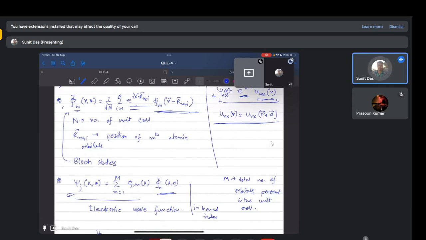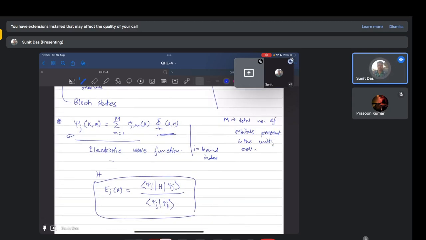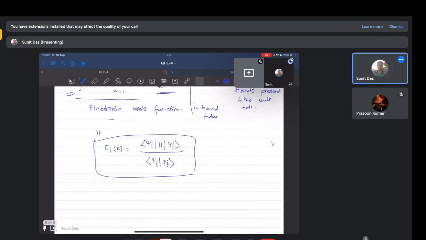So this was the Bloch state for a particular atomic orbital, and then all possible atomic orbitals present in the Brillouin zone, let's say, or the unit cell, form the electronic wave function. We just take the inner product of the wave function with the Hamiltonian, which gives me the energy. This is the general procedure. Okay,